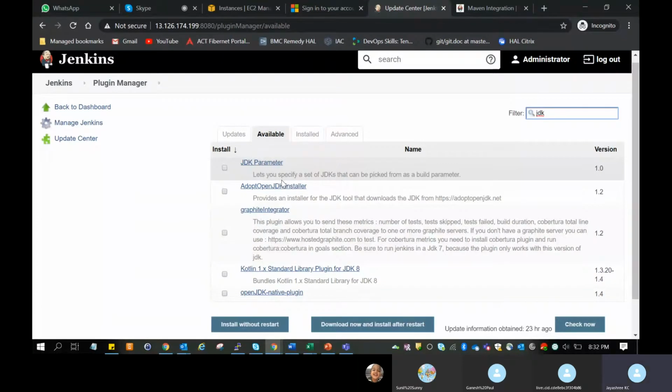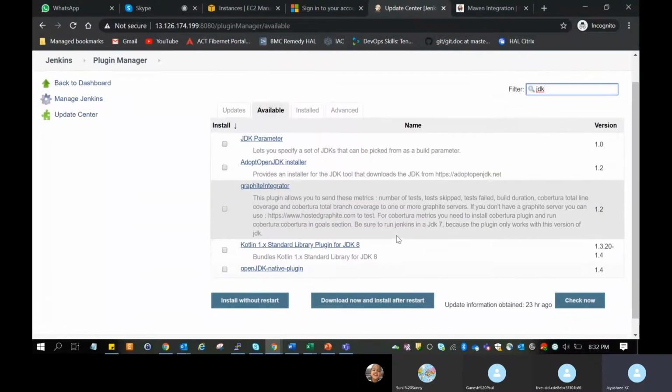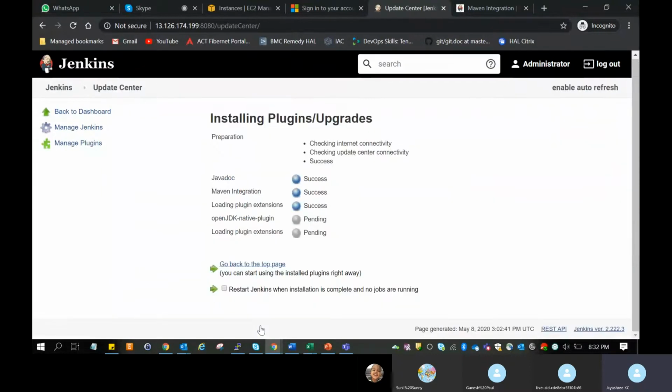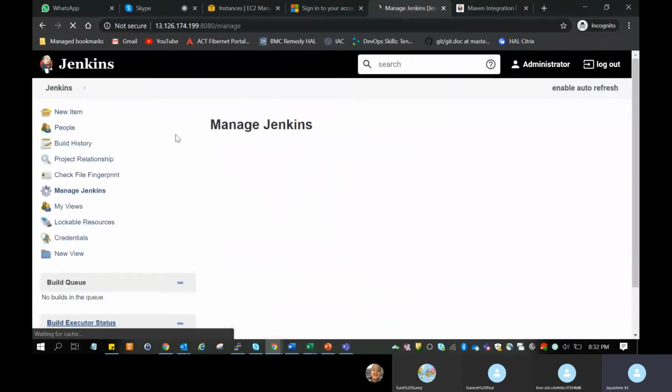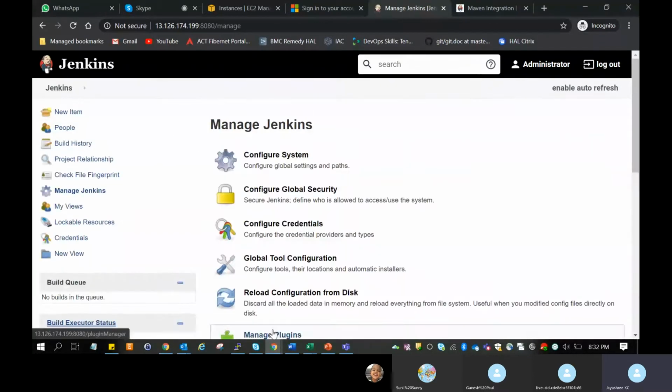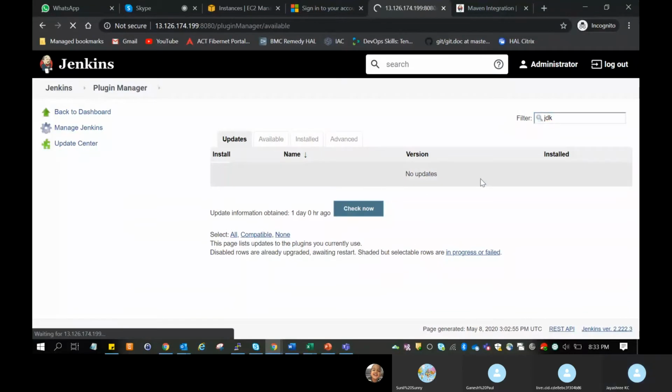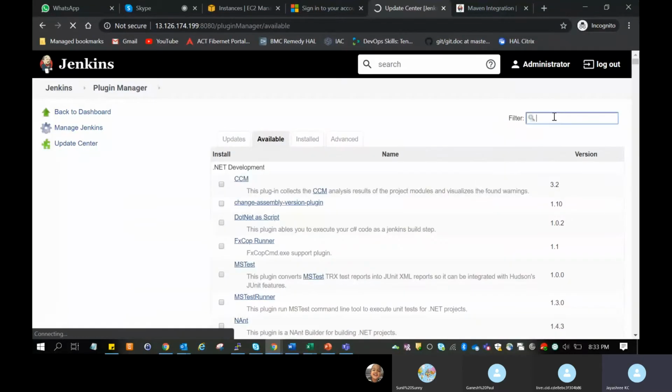Okay, come down. OpenJDK native plugin. Okay, there was one more plugin as well. Yeah, type in JDK.